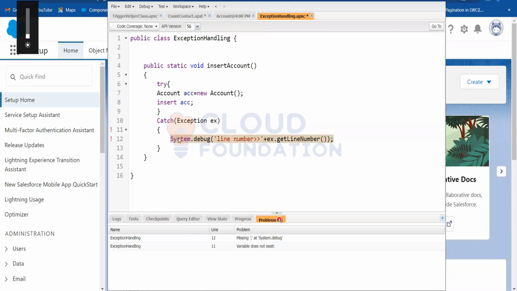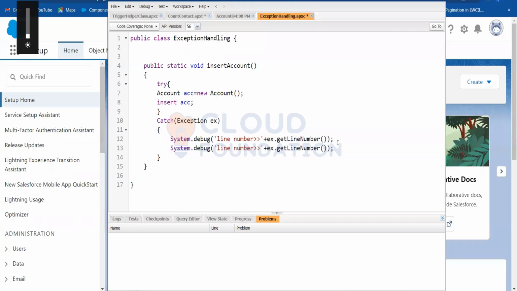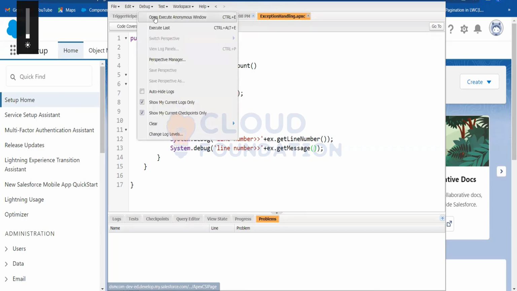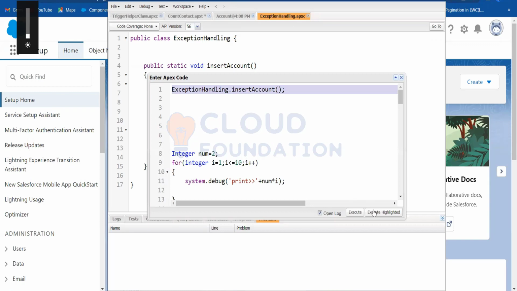Okay, we have one more method: ex dot get message. Do we have this method or not? Let me check. Okay, we have this method. So this is my error handling. What I'm doing now is error handling. If I run this line of code and execute highlighted,